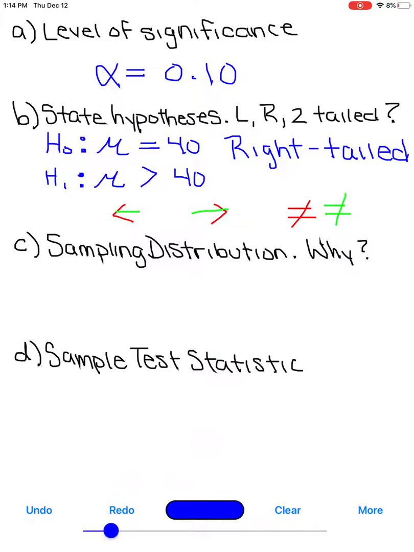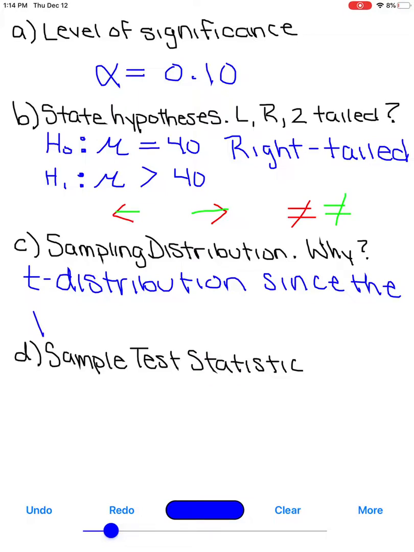For our next problem, we'll use a sampling distribution and then explain why. In this case, we will use a t-distribution. And this is since the population standard deviation is unknown. Now that we know we're using a t-distribution, we can then go into part D, where it is finding the